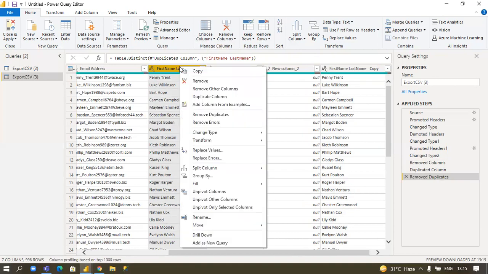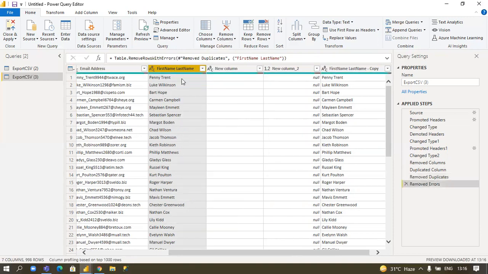Again I right click on the column and you can see another option, remove errors. Suppose any column has errors, and you directly click on remove errors, then the rows with error cells in that column will be deleted.